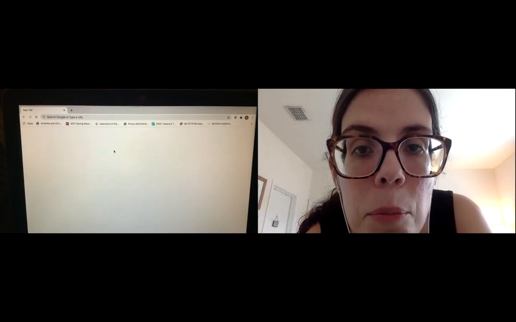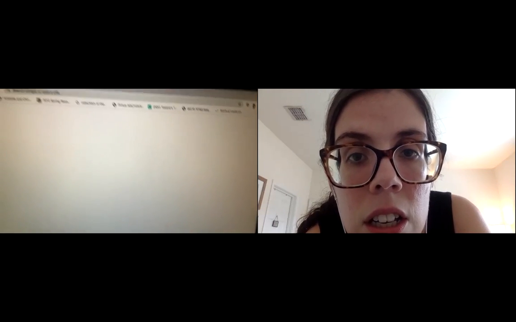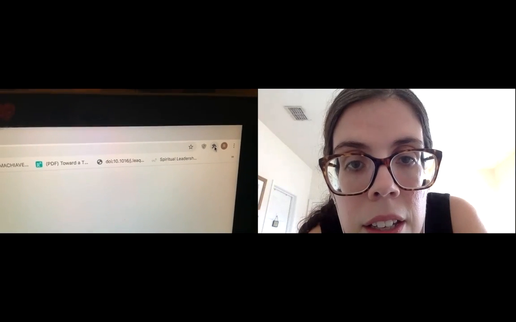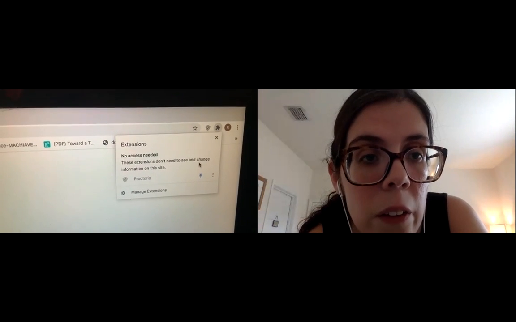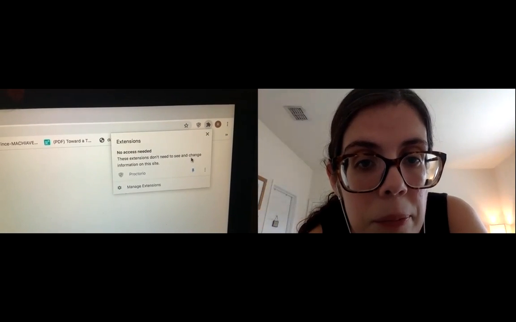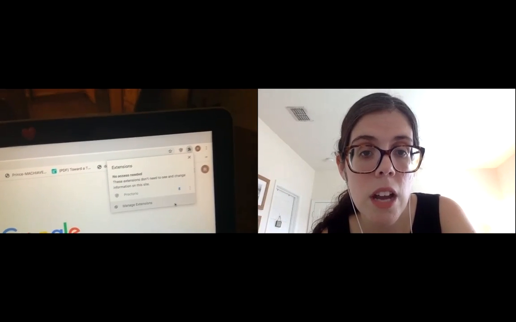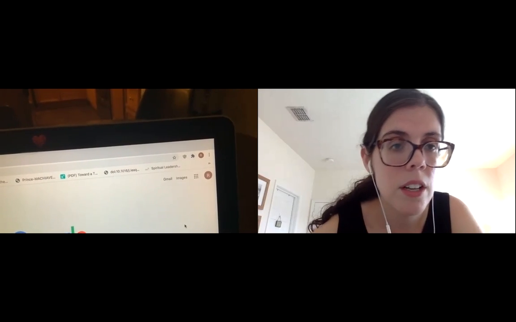So at the top toolbar, you see that little puzzle piece next to your first initial? If you click on that, you should, so you didn't download the Chrome extension. That's what that's telling me. Because where it's Proctorio, there would be something under it that says Zotero. So let me find the website and I'll put it in the chat for you.